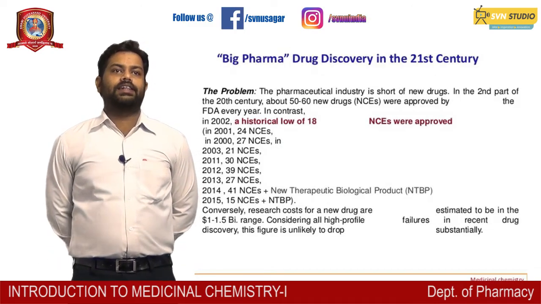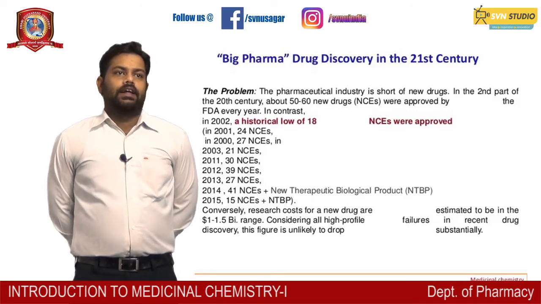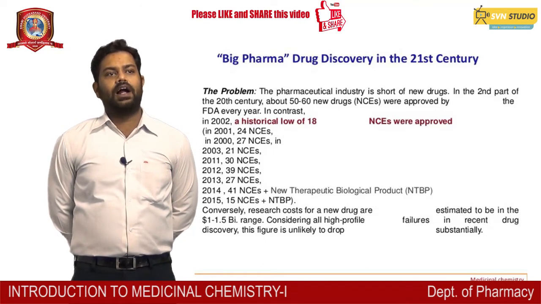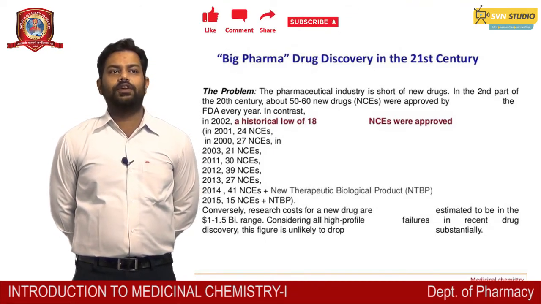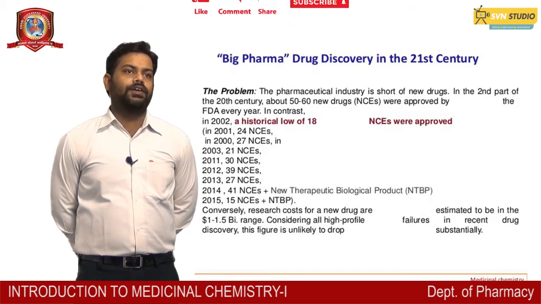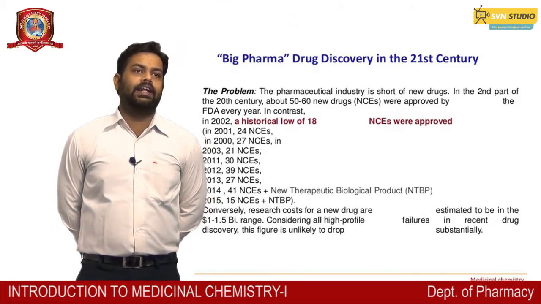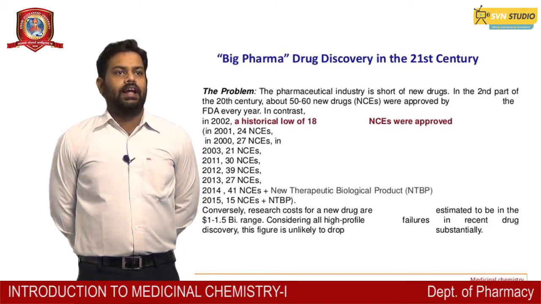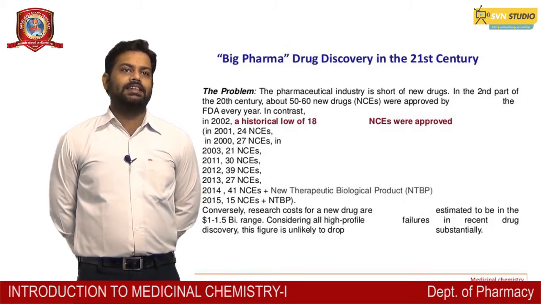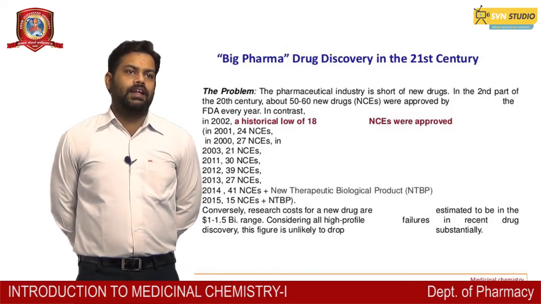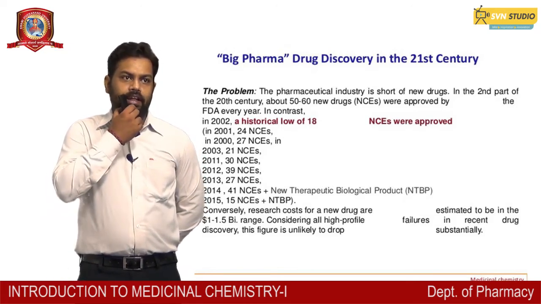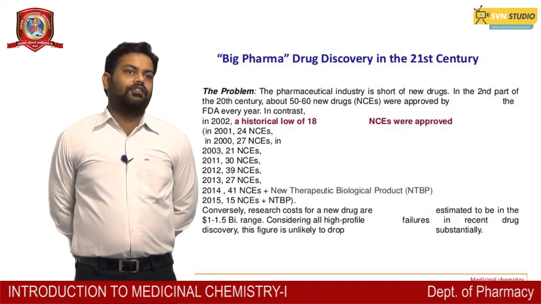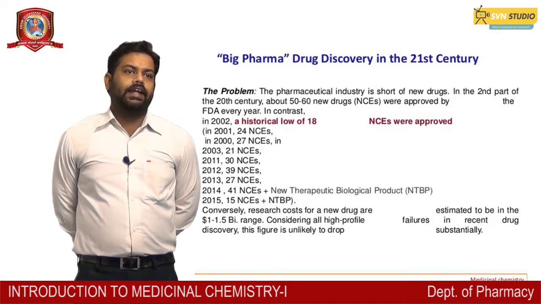Big pharma drug discovery in the 21st century. The pharmaceutical industry fell short of new drugs in the second part of the 20th century. About 50 to 60 new drugs were approved by the FDA every year, fairly constant. In 2002, a historical low of 18 drugs were approved as NCEs. Later, in 2001, 2002 and 2003, 27 drugs were approved by the FDA. In each and every year,